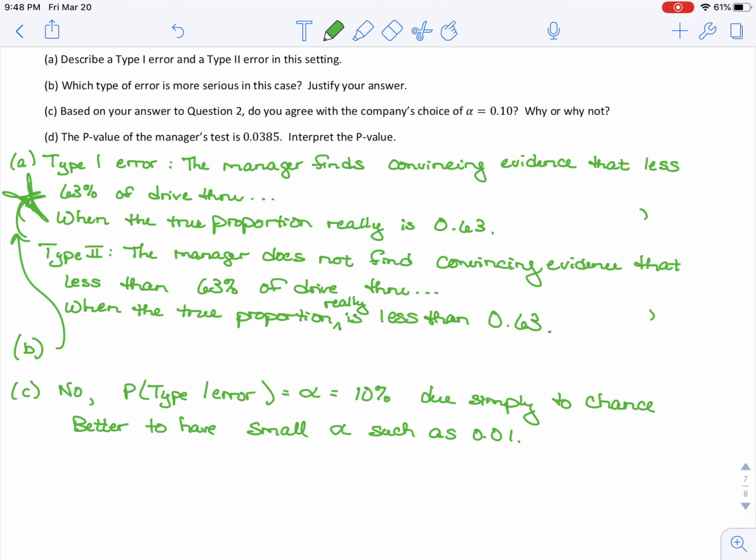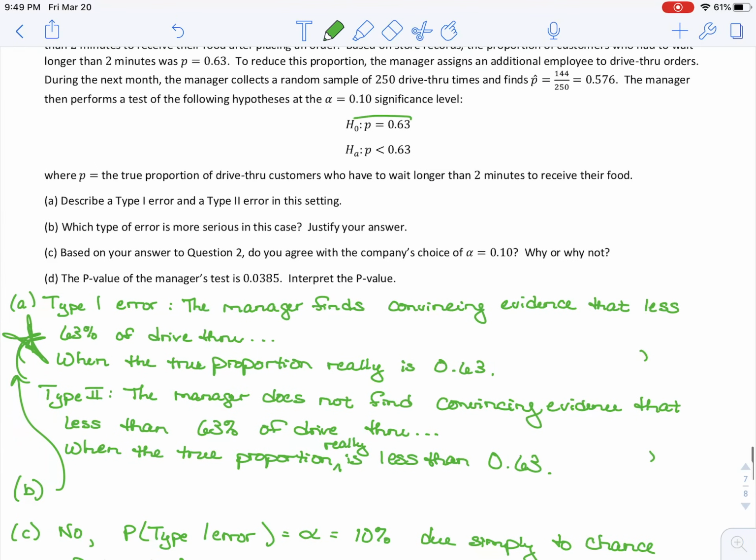So they've done this test. They got 0.0385. We are supposed to tell what this is meaning here. I'm just interpreting the p-value. Remember, this is the probability that you get a sample like you got, or something even more dramatic, if the null hypothesis actually is true. So assuming the null, I would write out: assuming that the true proportion of all drive-through customers who have to wait longer than 2 minutes to receive their food after placing an order is 0.63, there is a